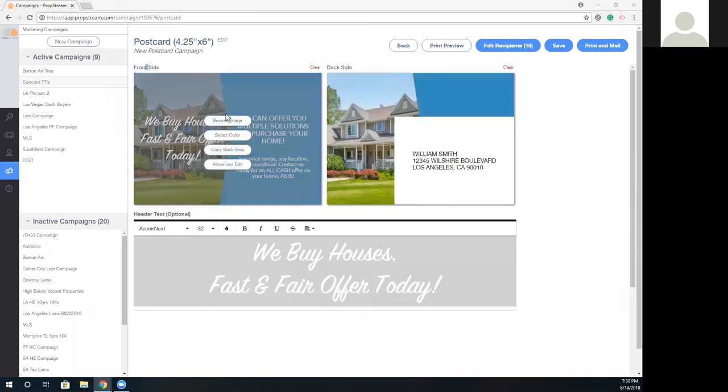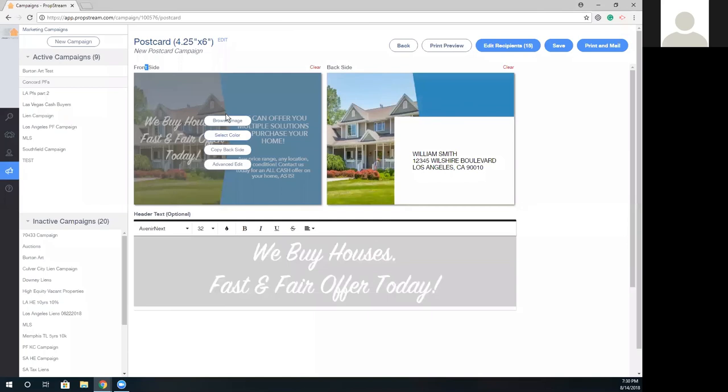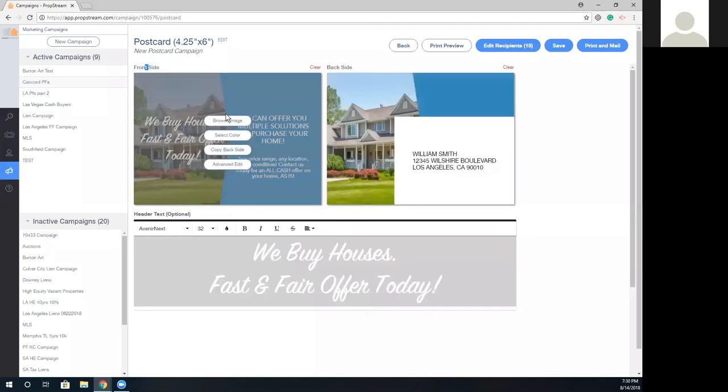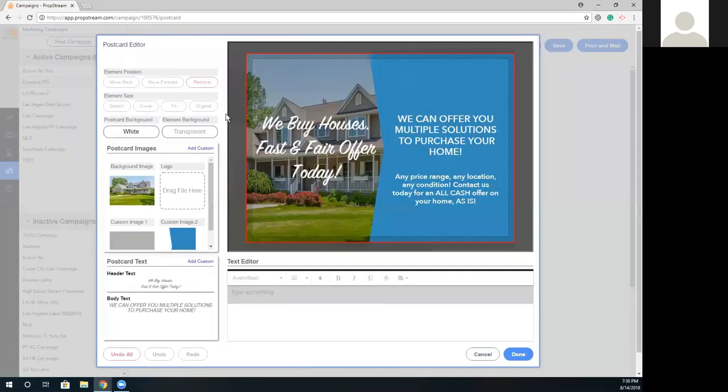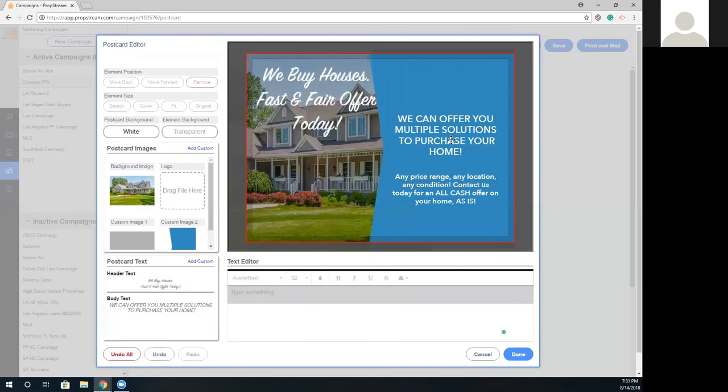You can upload more images. If I wanted to add more images, I have the ability to upload from my system. You can change the color. If I'm editing the front side and I want it to look like the back side, I don't have to spend time on the back side. I can just hit copy to back side, and it will migrate my design. And then the last feature is a full editor. The advanced editor will allow you to either create one from the ground up or even edit our templates if you don't like how we have it set up for you.